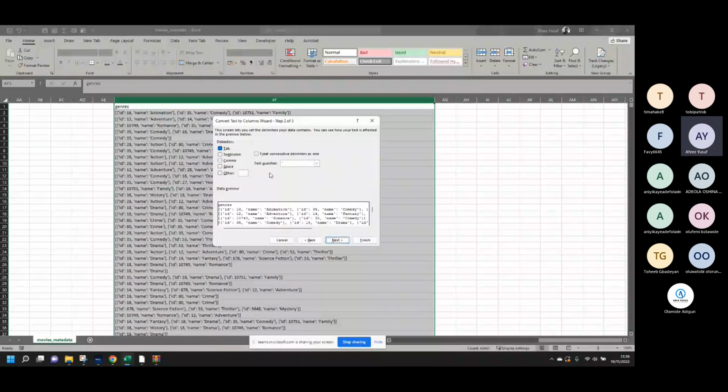Let me use quotation mark because that's the closest to what I want to separate. So I come to order, quotation mark. You can see automatically it separated it for me. Everyone is in its own column now. The reason why I moved this column to a different place that has empty columns on its side